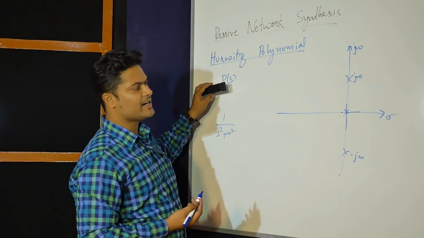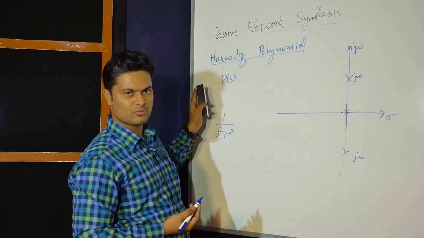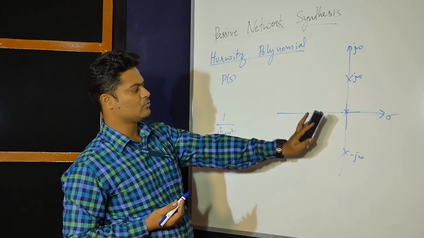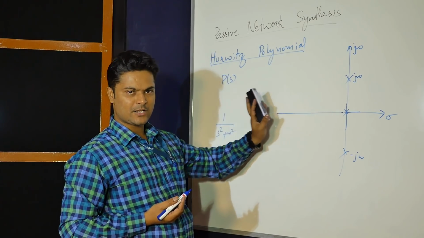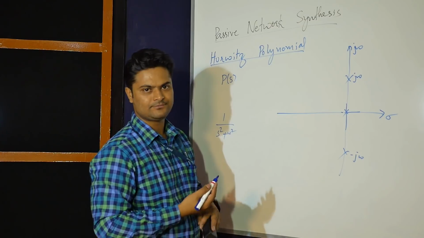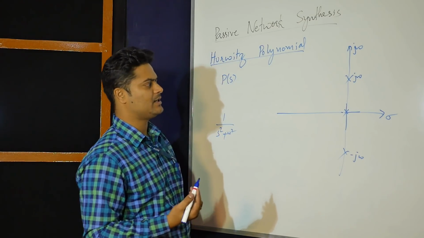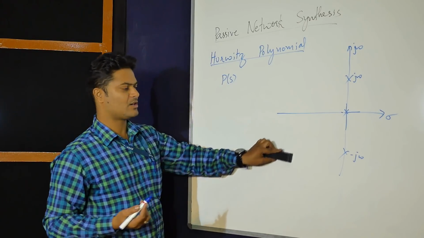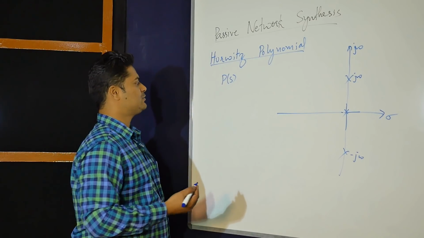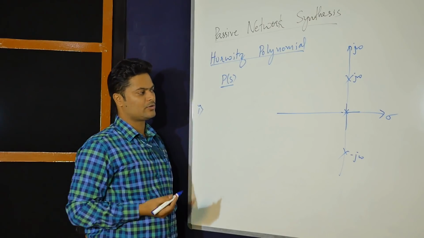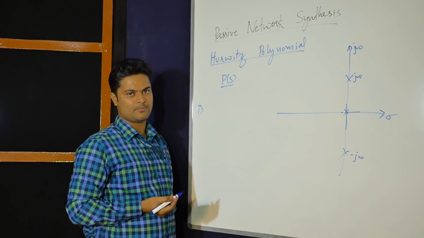So the necessary and sufficient conditions for a polynomial to be said to be a Hurwitz polynomial: the roots should lie on the left side of the S plane, or there should be simple roots lying on the j omega axis. If there are multiple roots, then the system is not stable. It's not a Hurwitz. Coming to this p of s, first, all the coefficients of p of s have